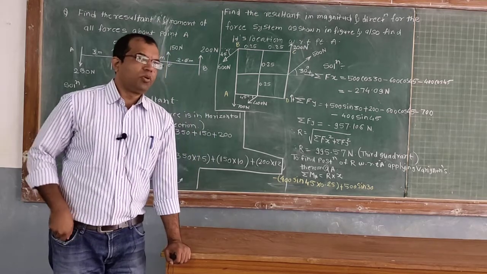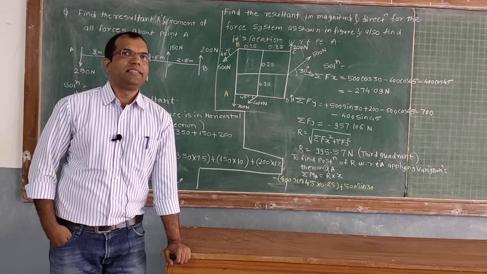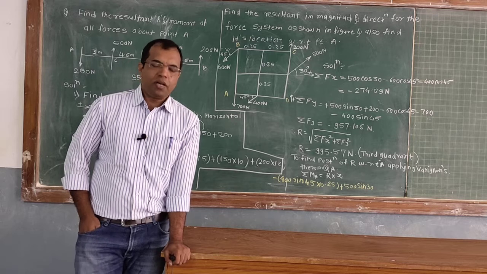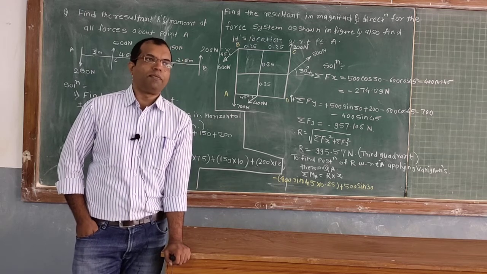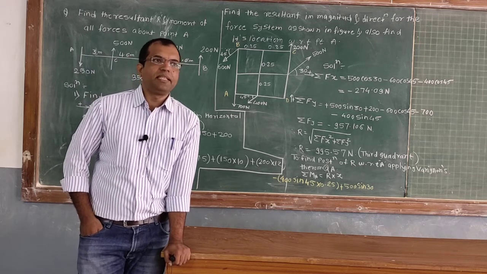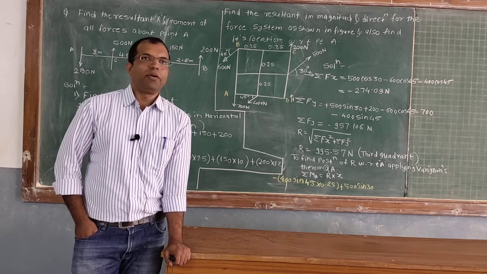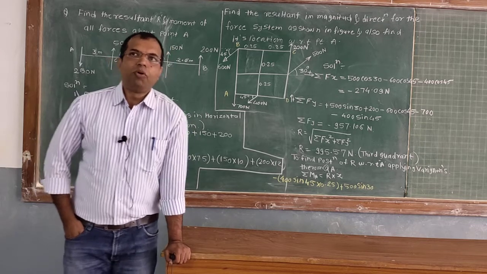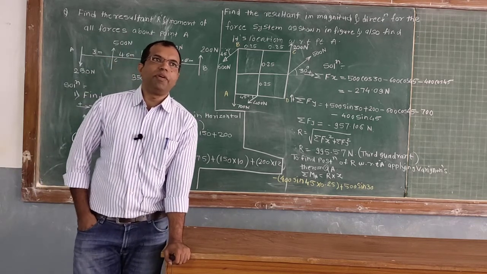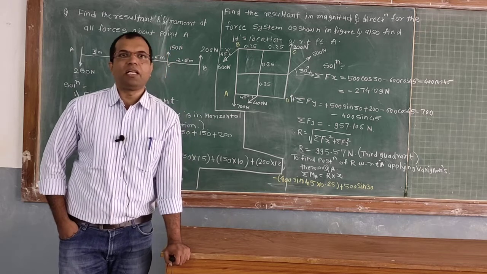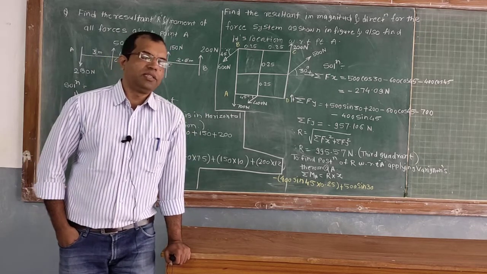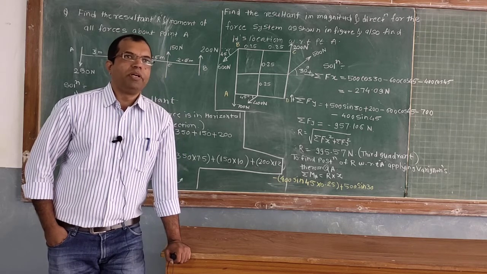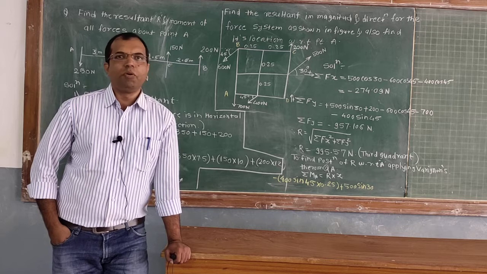Before proceeding towards today's lecture, let's recap what we have learned in the last few lectures. In the last lecture, we learned the definition of moment. What is a moment? Moment is nothing but force times perpendicular distance. It is a rotation effect produced by the force. There are two types of moment we have considered: one is clockwise and the other is anti-clockwise. We have assumed anti-clockwise moment is positive and the sign convention of clockwise moment is